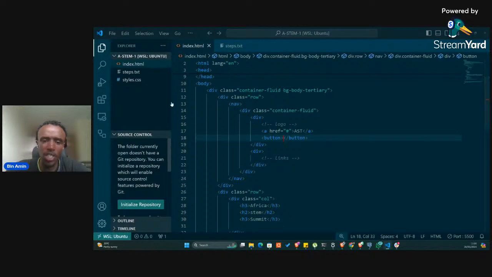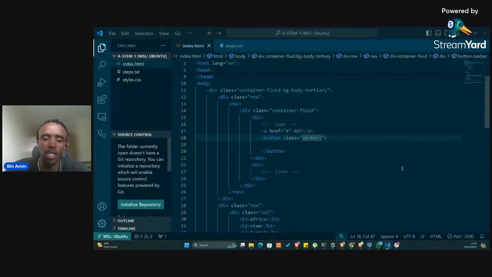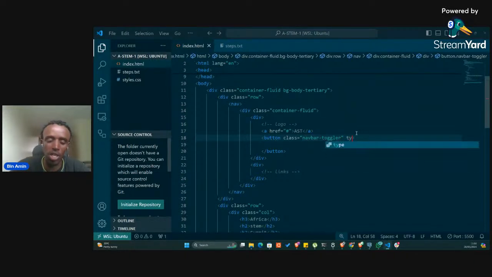So this button right here should have the following classes. The first one is a property called navbar toggler. This navbar toggler is what will allow us to toggle whenever a certain button is clicked. It should have a type. So type is type button. It should also have a few items that allow us